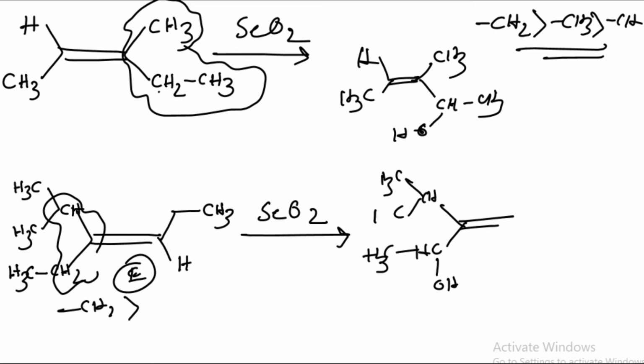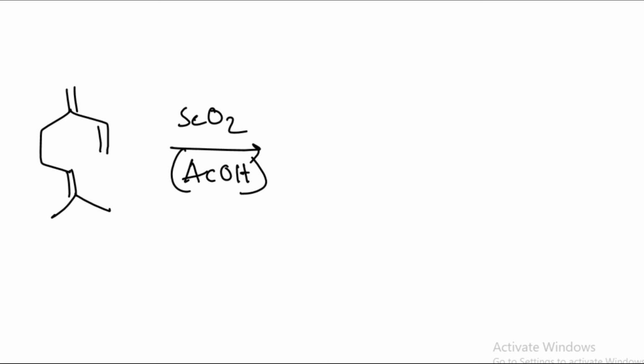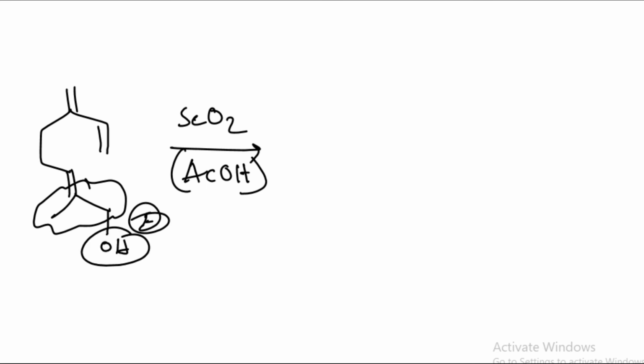Actually, in reality, what happens? Both types of allylic alcohols are formed, but there is a question of major and minor. So this is the major product actually. The other type of allylic alcohol always forms, but this is the major product. So here you can simply understand that this is the more substituted double bond, so the oxidation has to be carried out at this site, but you have to maintain always the E selectivity. So here the hydroxylation will be carried out.